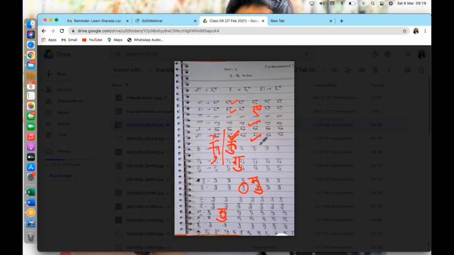So that's the correction that has been shown here. Next one, in the case of ku, if you see, again, the matra in the assignment is drawn out, detached from the letter, whereas that is not the case. It has to be attached to the letter, and the correction has been shown.